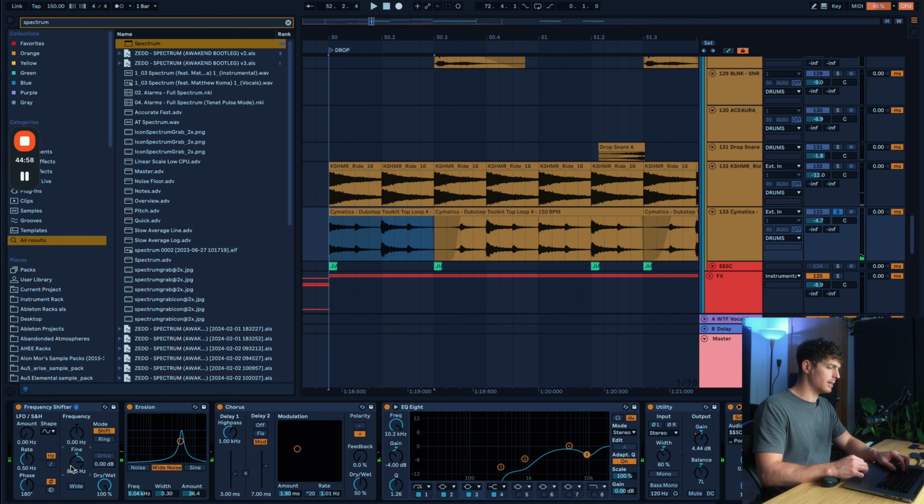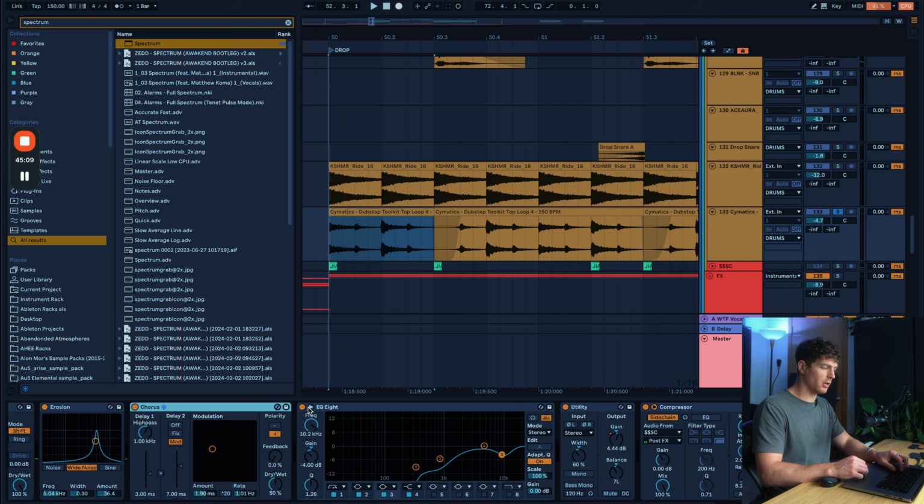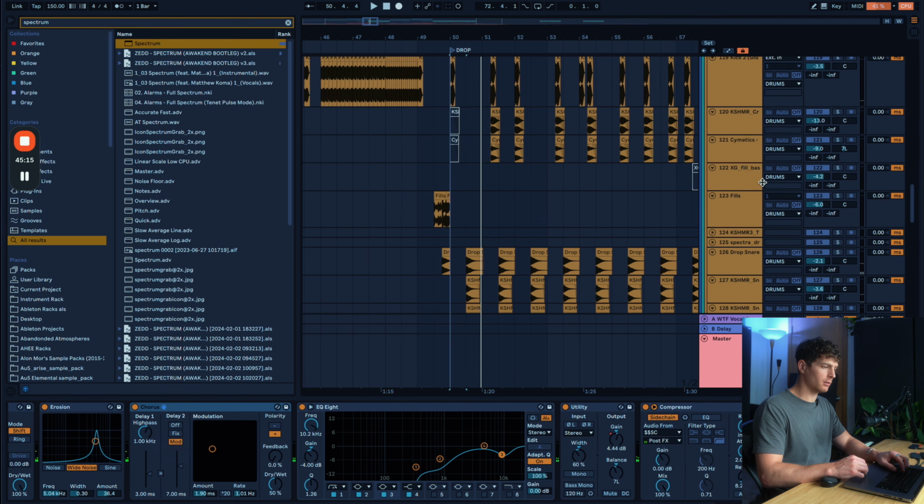Right, so again, it's been tuned a little bit more appropriately to the song. Erosion adds grit. Chorus gives it a little bit of character and stereo width, and then just cutting away excess low end and some sharpness in the high end. So then that, with everything,